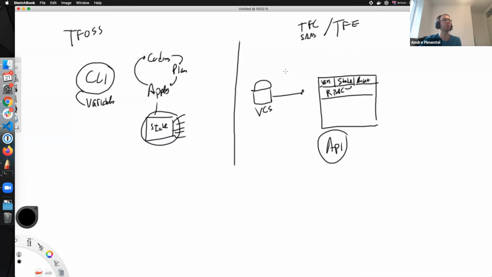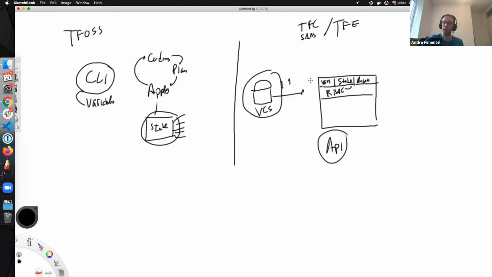So everything comes from the VCS, the source control. There's a one-to-one relationship between a workspace and the VCS. And as the VCS is the source of truth, any change, any pull request on the VCS should impact the Terraform workspaces. And we will explore that in just a second in the slides.